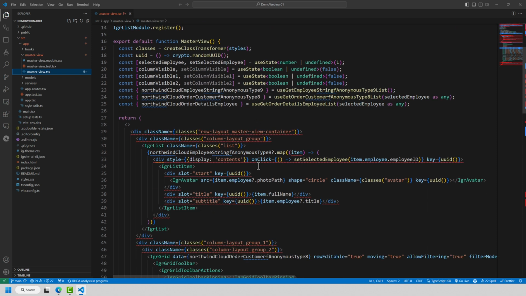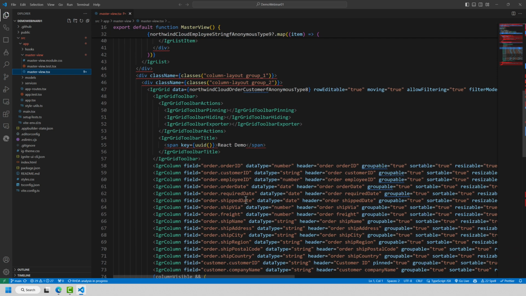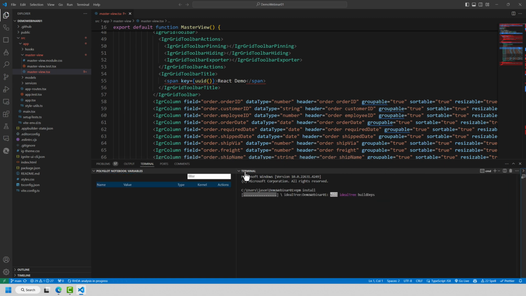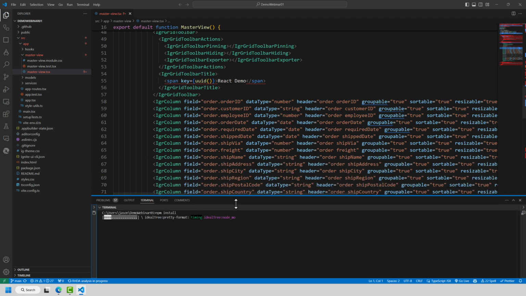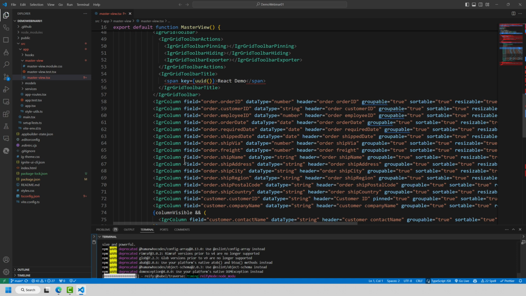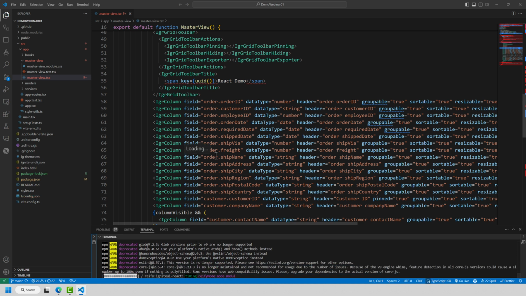This is all of the code that we've written. I got some red squigglies because we need to do our npm install. So let's go ahead, npm install. And I'll get rid of these terminals here. What this is doing is installing all the dependencies required for Ignite UI. It's taking all of that code that we generated from the application, and it is simply going to give us